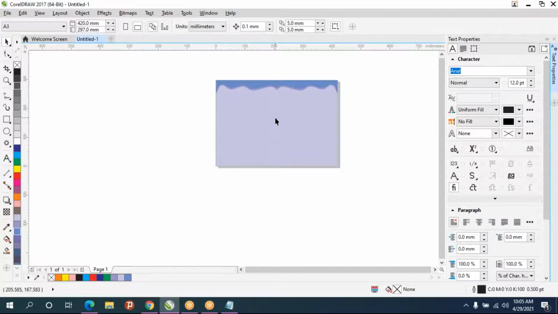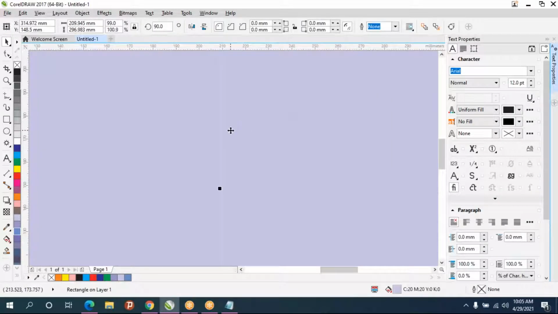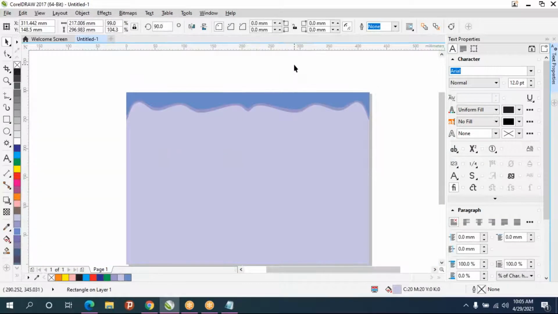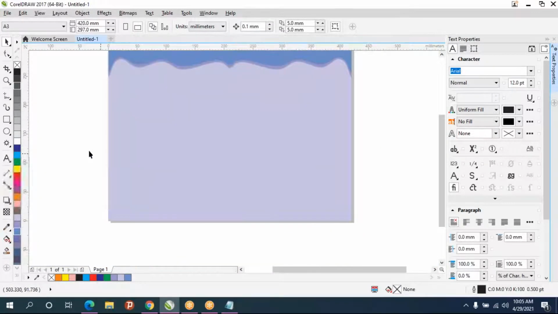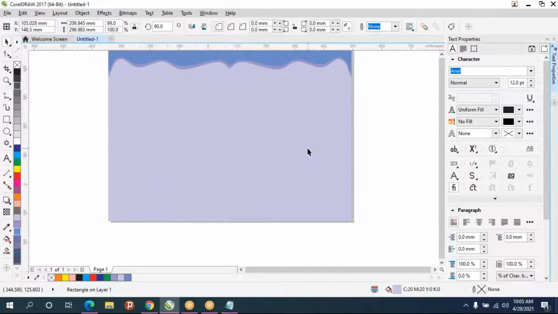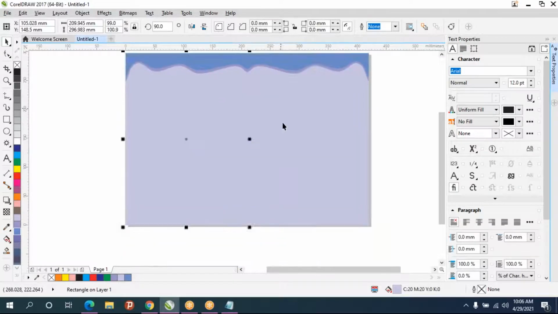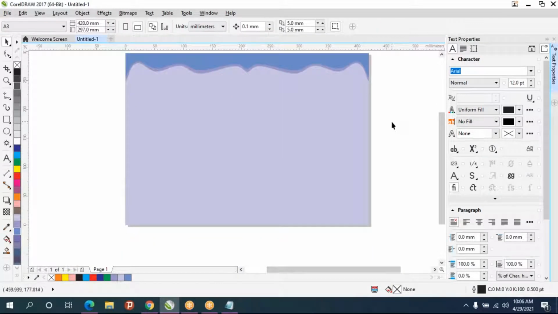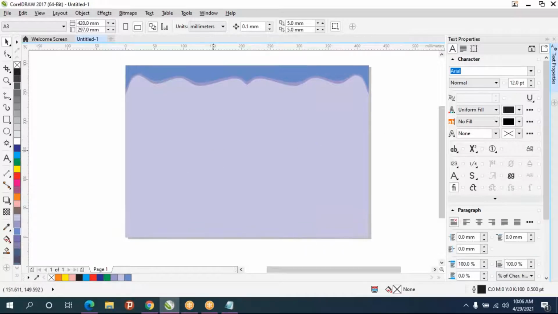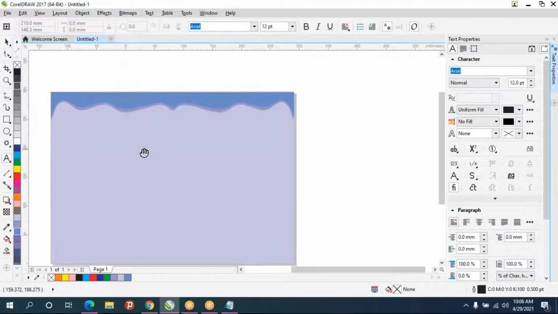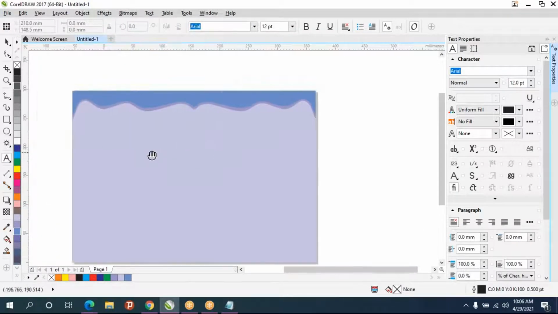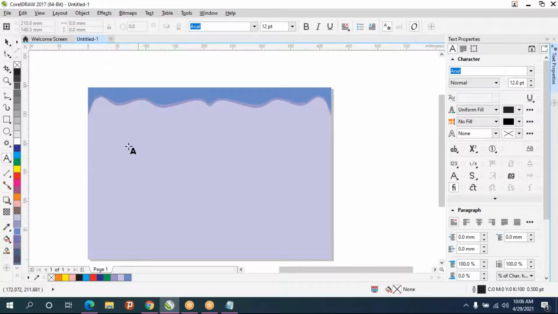So like this only you have to do design when you're doing bifold brochure.